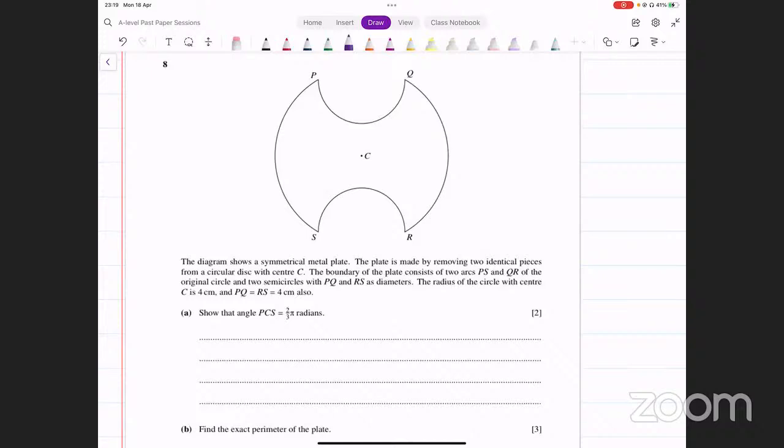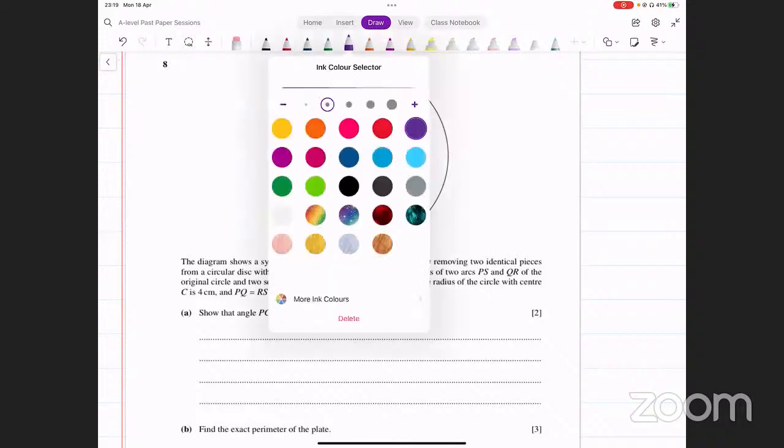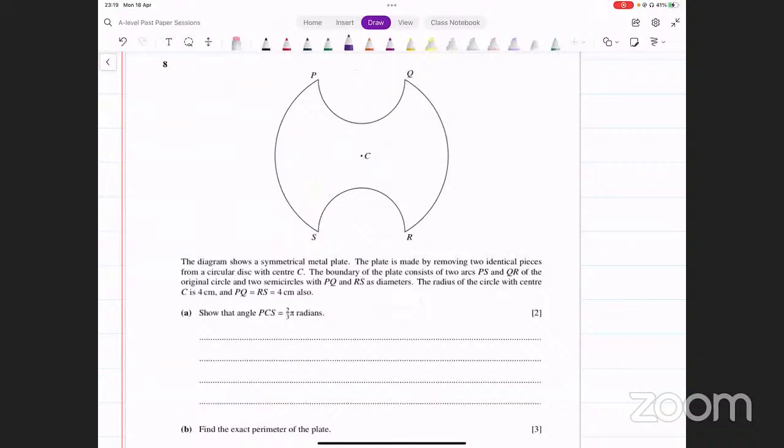Okay. The diagram shows a symmetrical metal plate. The plate is made by removing 2 identical pieces from a circular disc with center C. So you can see that here. You have this circle, this is the circle, and its center is C. From this center,